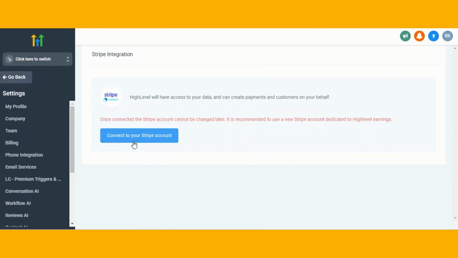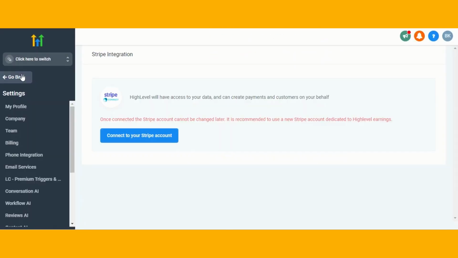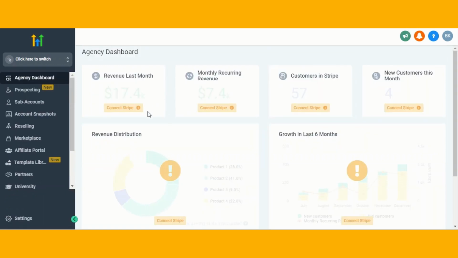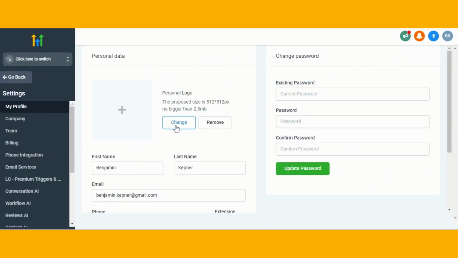Once you're ready, click on Connect on your Stripe account, and it will take you to the Stripe site where you can create a new account or sign into your existing Stripe account that you want to connect with your agency. Click Go Back to return to your main agency dashboard. Now let's navigate to Settings from the bottom left corner, and from here, you can customize all the settings of